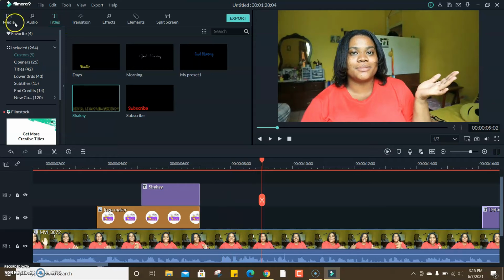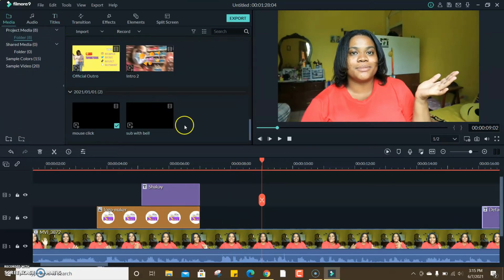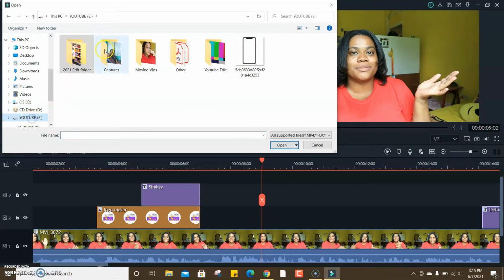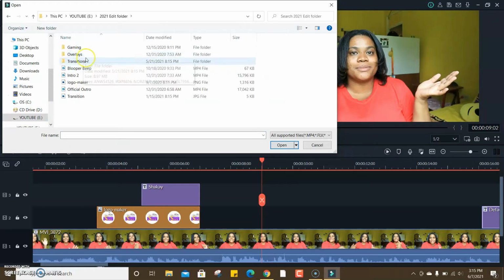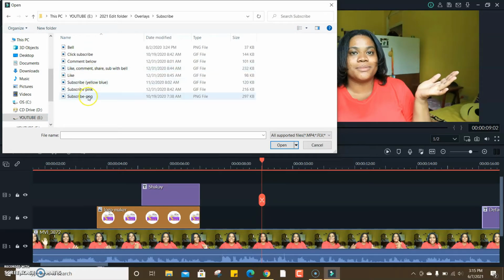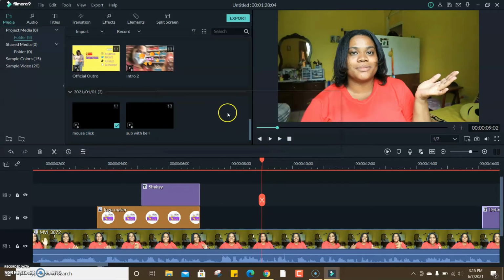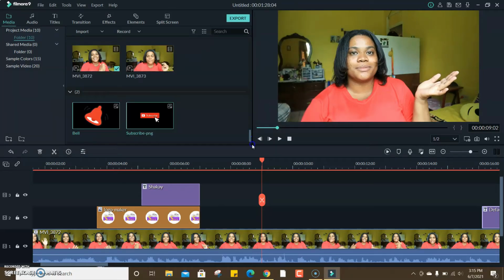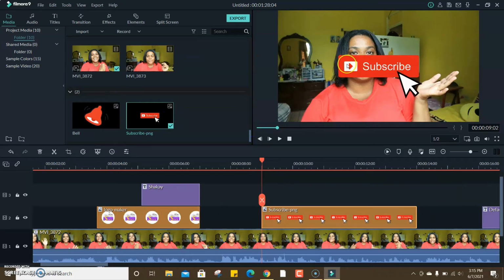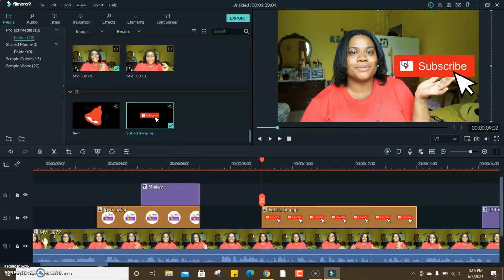Then this is where now I add in my subscribe button and all of that. Sometimes I will do them all at once, just put in everything I will need. Sometimes I forget, so I have to be going back and forth, but that's fine. I need the subscribe button and the bell, and I know what they are called. That is why I just pick out the ones that I need. So this is the subscribe button I use. So I just drop it where I want it. And then